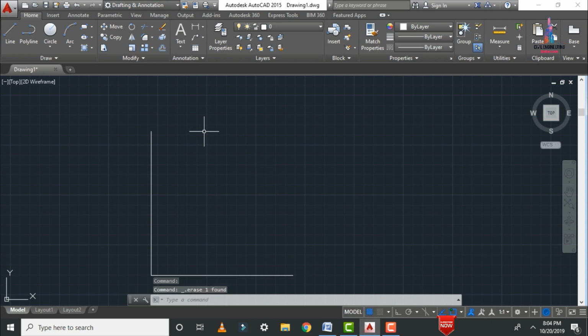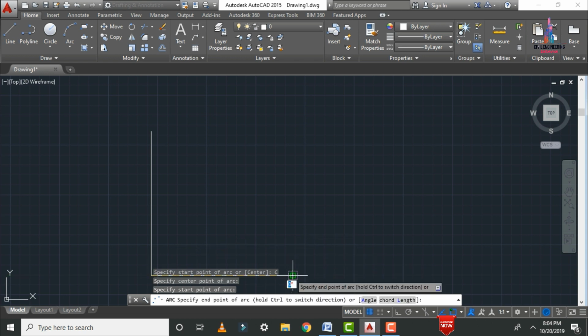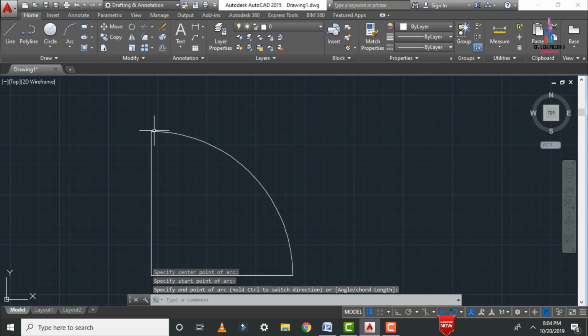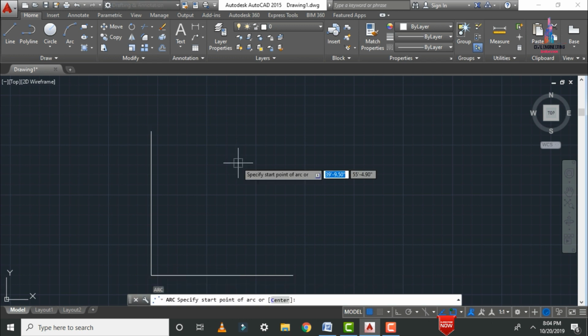Now I will explain the center and 2-point arc. Consider A, enter. It will ask you to select the starting point of the arc. Before selecting the starting point, initially we need to select the center. Let us select the center point for this option. Again it will ask you to select the starting point of the arc. Let us consider the starting point here. Again we have to select the second point of the arc. Let us consider here like this. Now we can see the arc is drawn for this section with the help of the 2-point arc.